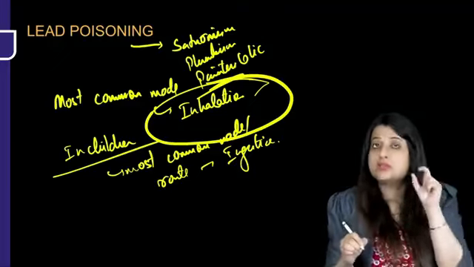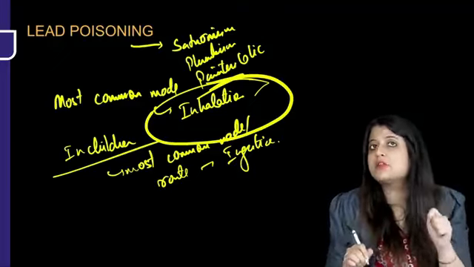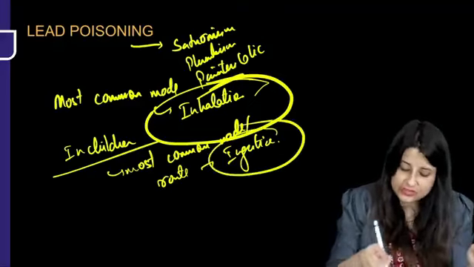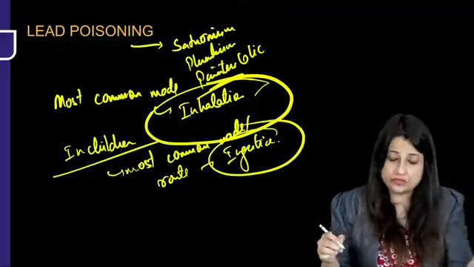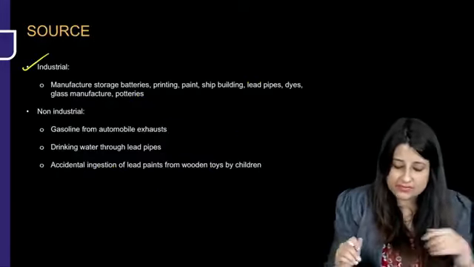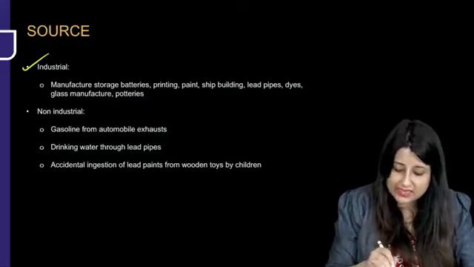Why? Because children play with toys and those toys are made of lead. So the most common route in case of children, guys, is ingestion, but otherwise it is inhalation, okay? Please remember that. Now, sources have been asked, like industrial manufacture of storage batteries, printing,